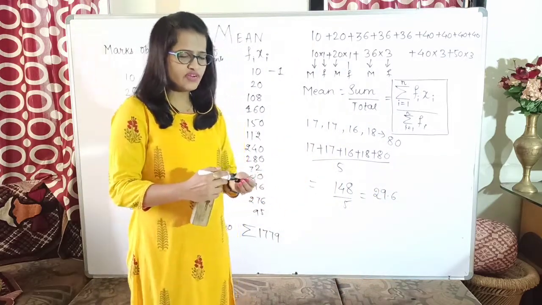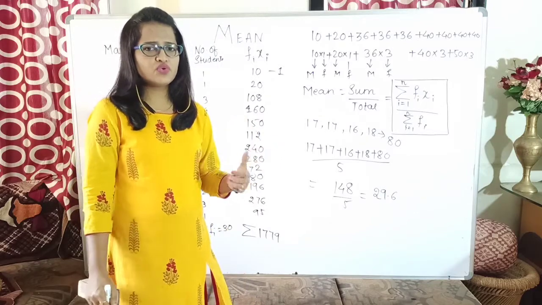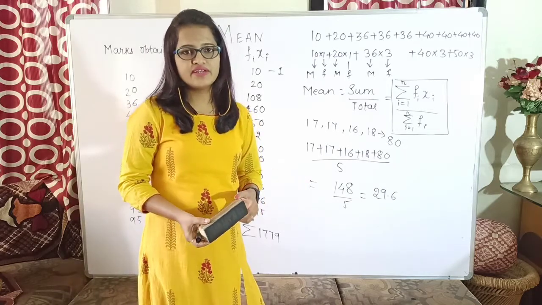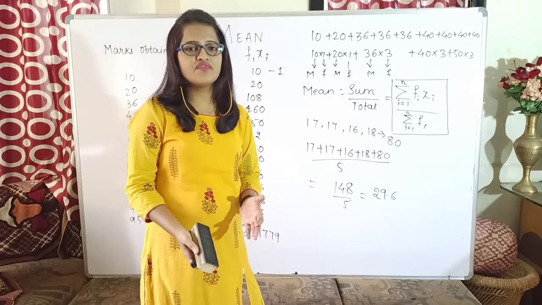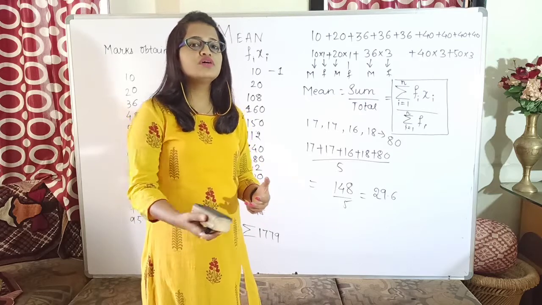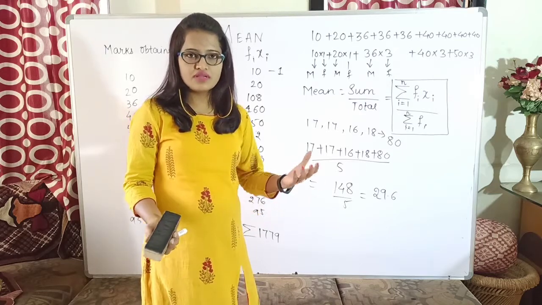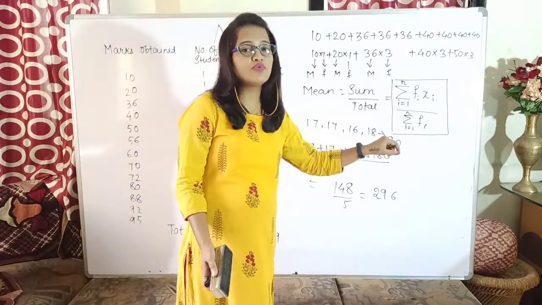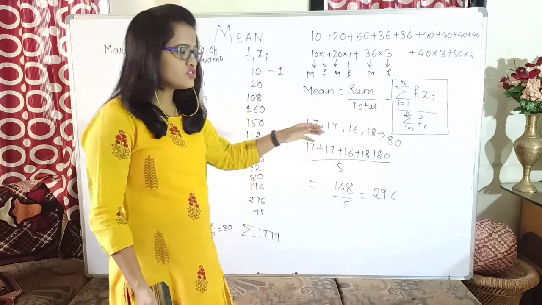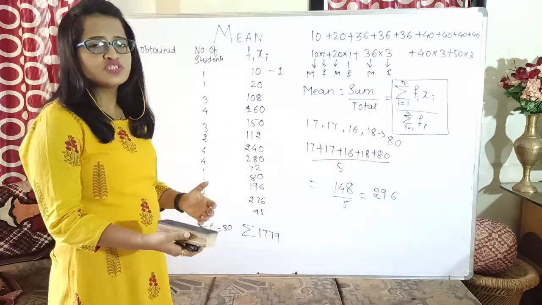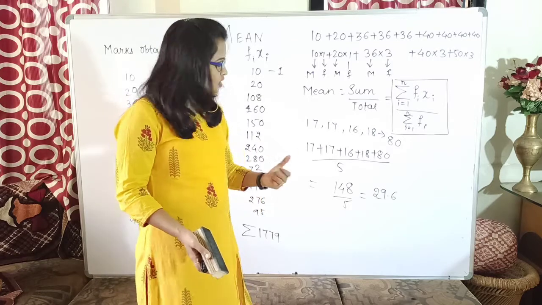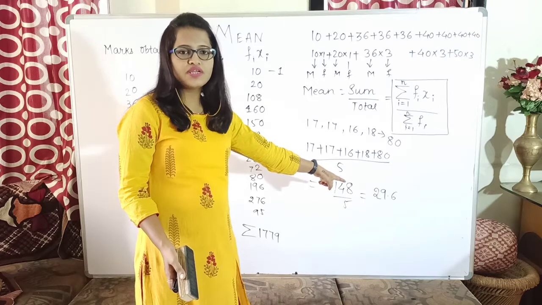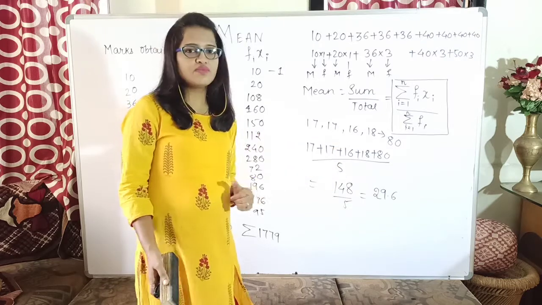Now whenever you are finding the average, what does it mean? As I have told you, average is one type of central tendency. The meaning of central tendency itself is that it is the value around which the whole observation lies. Yes or no? It means in our previous example, when we found 59.2 as the average for the marks, it means most of the students fall in that range, isn't it? Now here you can see that the average I got is 29.6. These are the ages, so it means 29.6 years.